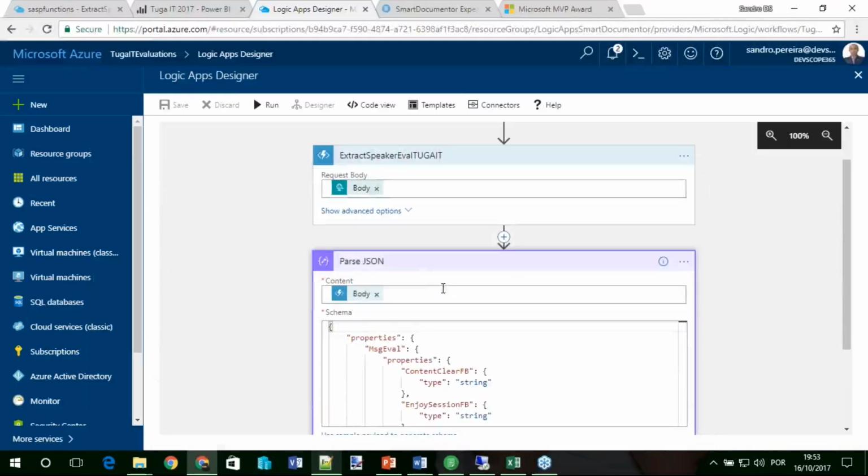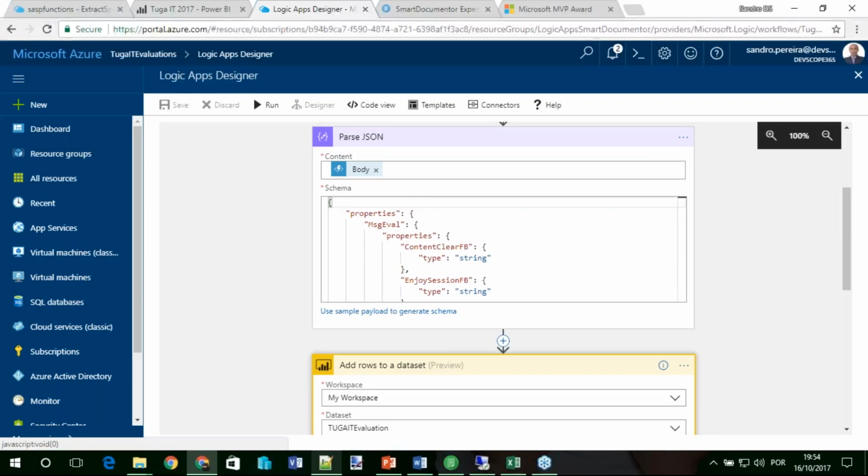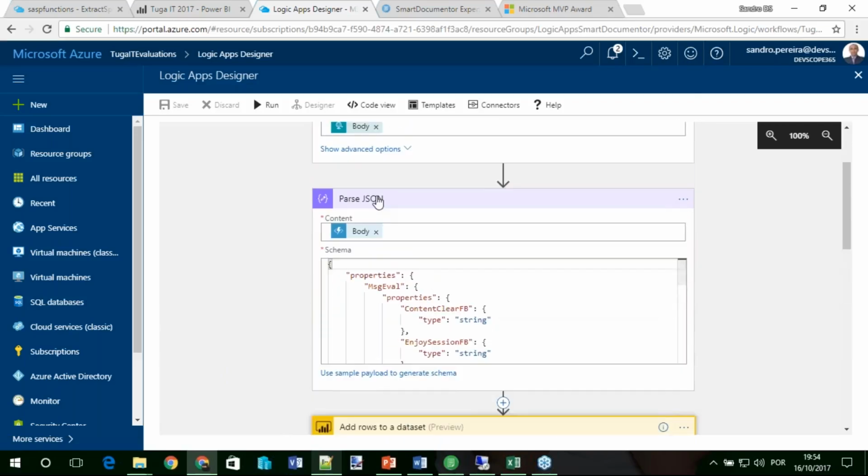For me to access this information, I could create some queries, but for me to have this nice way to go and pick each element, I need to add this Parse JSON to promote, let's call it that way. This is what we call in BizTalk service distinguished promotion, to promote this.